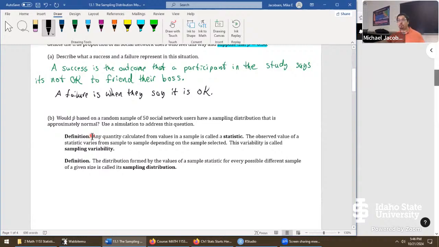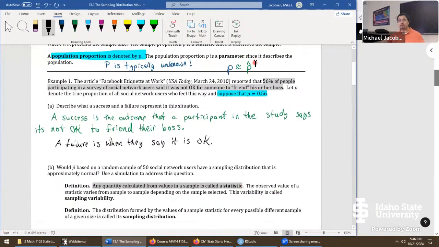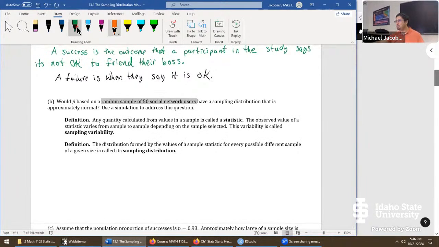There's sampling variability that we have to worry about in the first place. Every time we go to calculate a statistic, like this p hat right here, we get sampling variability. The reason is, you grab a random sample of 50 social network users and calculate the statistic once. Say sample one, sample size is 50, and you calculate p hat. We don't know what that's going to come out as unless we calculate it, but let's just imagine, for the sake of argument, that it comes out as 0.5.